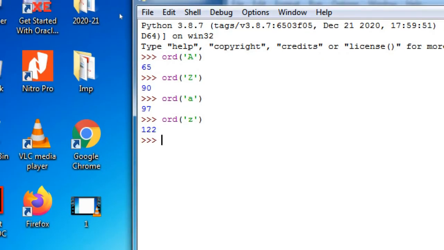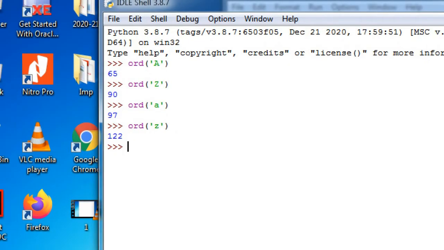So these are the ASCII codes or Unicodes for the alphabets capital A, capital Z, small a and small z. So with this ASCII code conversion only, we are going to approach the problem of doing the conversion from uppercase to lowercase or vice versa.